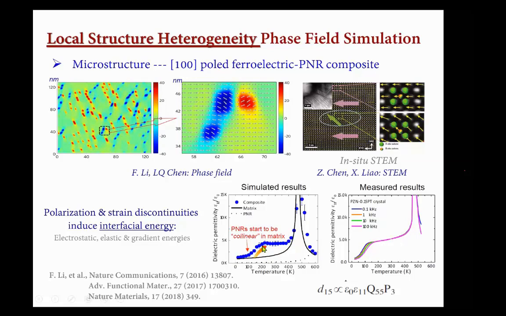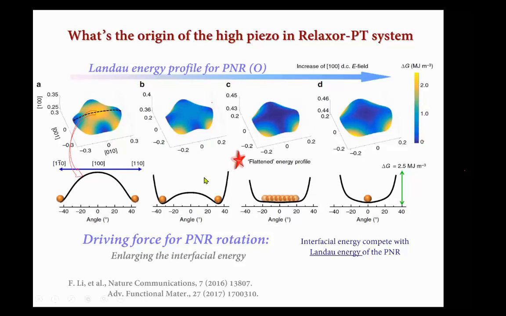We can see the dielectric constant has a large increment at cryogenic temperature. It's about 50 to 80% of the room temperature value. Based on these equations, the piezoelectric coefficient should also follow exactly the same trend. And this large jump at cryogenic temperature is a cornerstone of the high piezoelectric coefficient at room temperature. So in order to further clearly explain the origin of the high piezoelectricity in relaxor-PT crystals and how the local